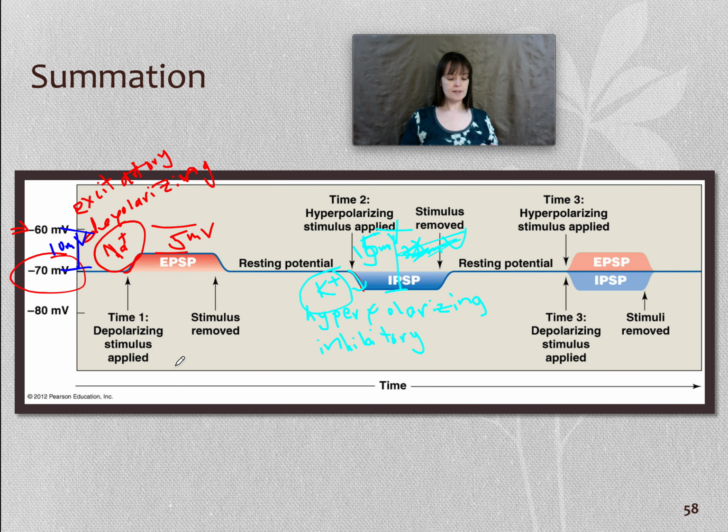Therefore, excitatory stimuli make the creation of an action potential more likely, while inhibitory stimuli make the action potential less likely. The net effect of all of these stimuli on the axon hillock determines whether or not an action potential will be propagated at the initial segment. Because as you may recall, it's whether or not you bring the initial segment of the axon to threshold that decides whether or not you make